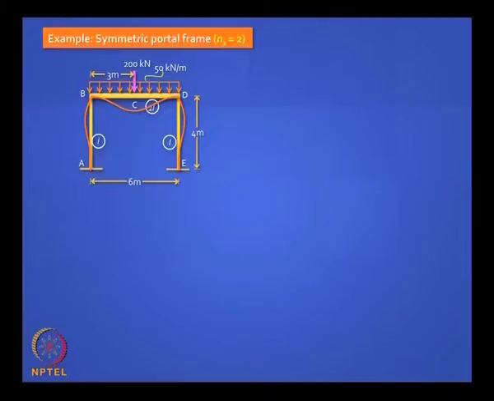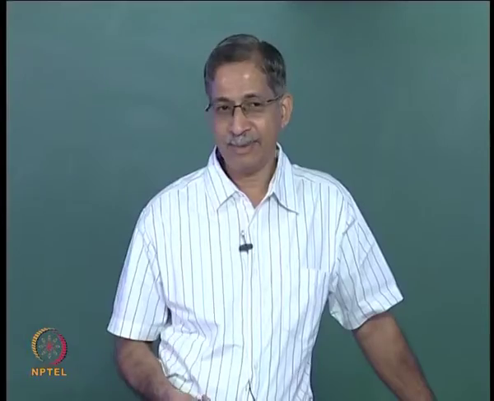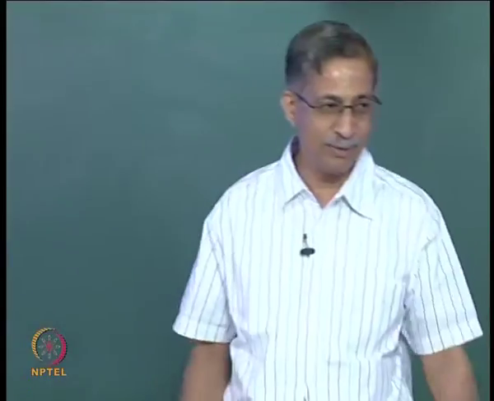This will be the deflected shape. There is a symmetry in the deflected shape because the structure is symmetric, the loading is symmetric. Your vertical reactions are total load. What is the total load? 200 kilonewton plus 15 times 10, that is 350. 500 divided by 2 is 250, 250. Vertical reactions are determinate, but your horizontal reactions are not and your moments are not, but they are equal and opposite. So, you have only 2 unknowns, right.